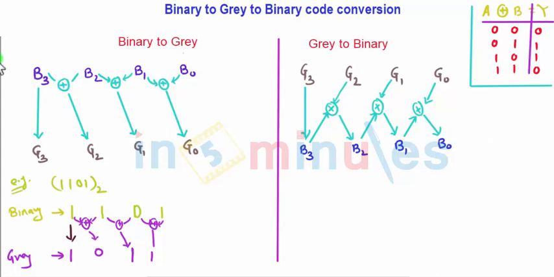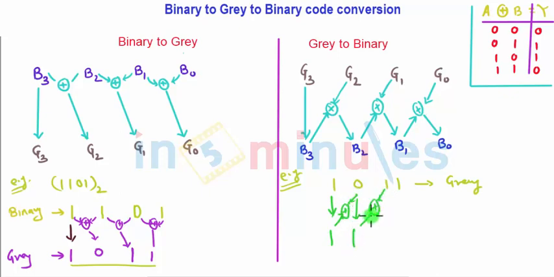So let us take once again the example. Here I will take the same example of gray code, that is 1011. So I have a gray code 1011, which I will write as gray code, and I wish to convert this gray code into binary. So what I will do, I will simply write down the first bit as it is, that is 1, and I will XOR this 1 with this 0. So 1 XOR with 0, the answer is 1.